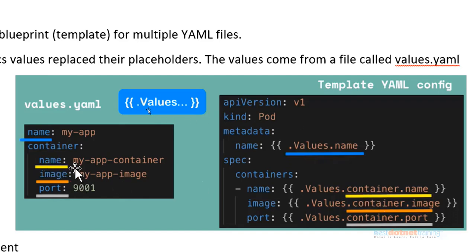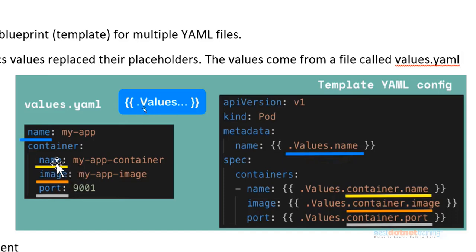So on the left hand side, if you look in the values YAML file, name, image, port are under container, correct? Whereas name of the pod is at top level. Now something which is at the top level is directly coming from the values YAML file.